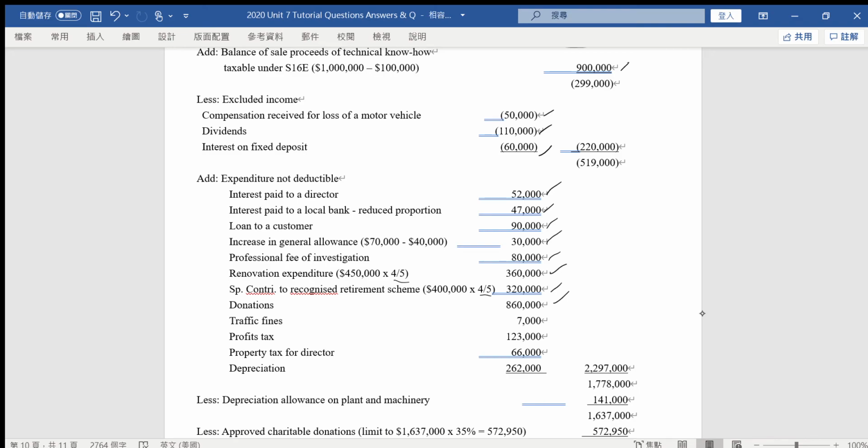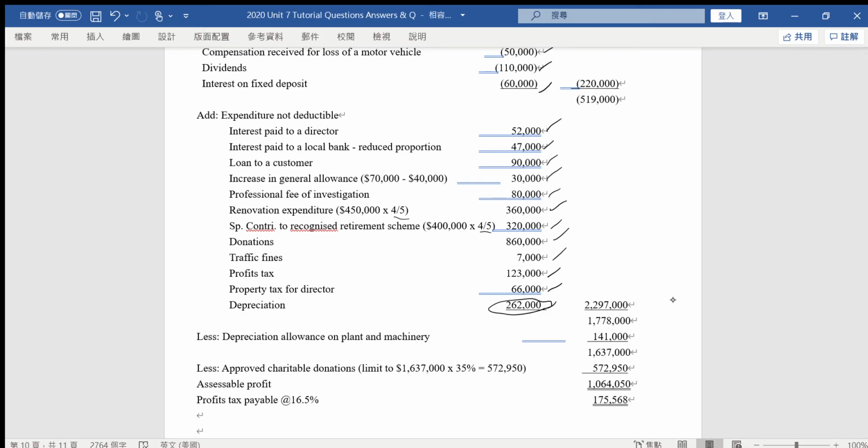And then traffic fine, not allowed to deduct. Profit tax, property tax paid for the directors. Depreciation, that is the accountant calculation, not allowed, you need to add back first. Just the statutory depreciation amount is allowed to deduct. Then after that, that is the statutory depreciation allowance you may deduct, 141,000. Now after we have worked out these figures, we will base on that to estimate the